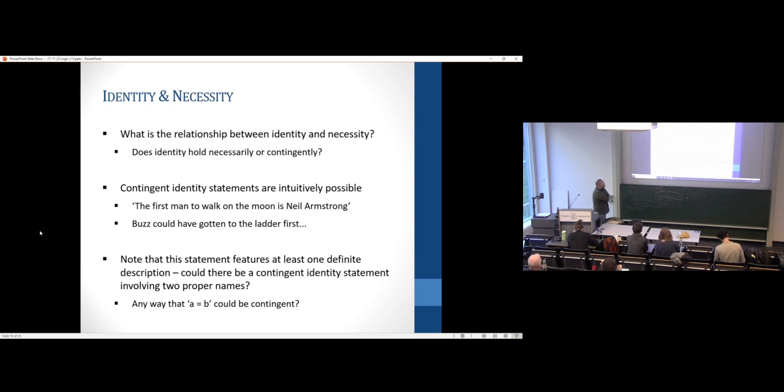And it's really just a question of the kind of modal status of identity claims. So suppose that we have an identity claim, right? Kent is Superman. If that's true, is it necessarily or merely contingently true? So just as a reminder, contingency means it's possibly true and it's possibly false. Whereas necessarily true means, well, it's true, right? It's always true. It must be true. It's true in every possible situation, every possible world.